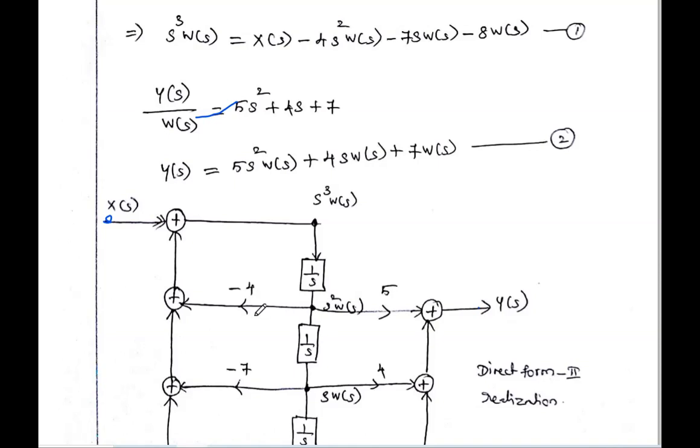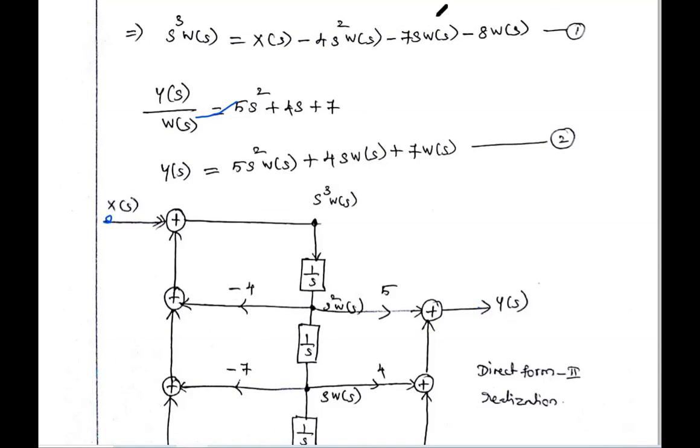Okay. So you just draw one line, and if you are putting one arrow, and in that arrow you are writing the gain value minus 4, this is said to be the gain block or scalar block. So this s squared W of s is multiplied with minus 4. So what is the answer here? Minus 4 s squared W of s. So the second term we got. So the second answer you give it to one adder.